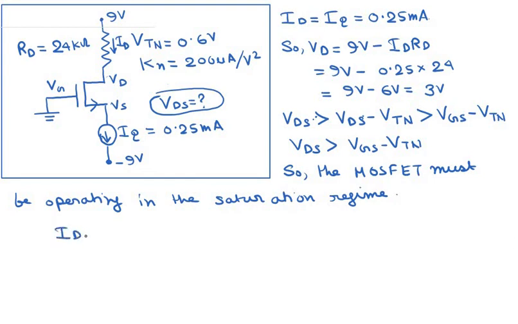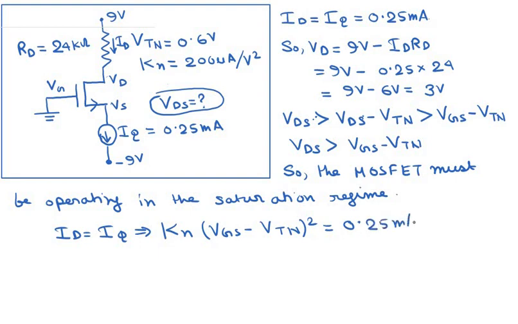So ID is equal to IQ. This implies that Kn (VGS minus VTN) whole square is equal to IQ, and IQ is 0.25 milliamperes. Now Kn is 200 microampere per volt square, which is equal to 0.2 milliampere per volt square. So we discard the unit over here. So 0.2